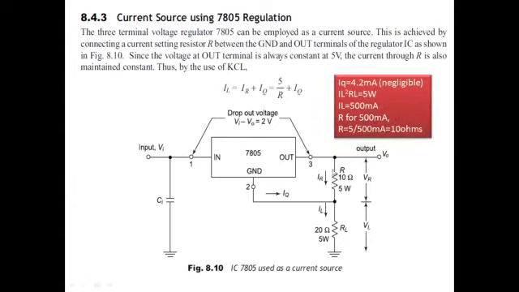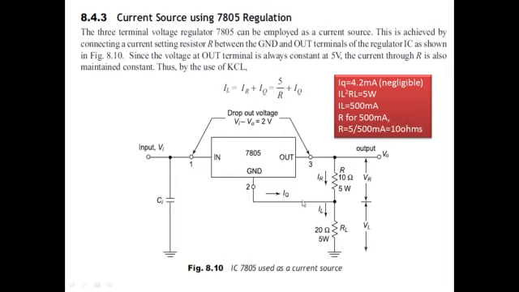what resistance value should be put here to have the current required by the load. So I have to put some resistance in this circuit. That resistance will help deliver the current required by the load. In that case, I have to determine the load current. So my load current IL will be equal to the summation of IR plus IQ. IR is the current through this resistance. IQ is the quiescent current.